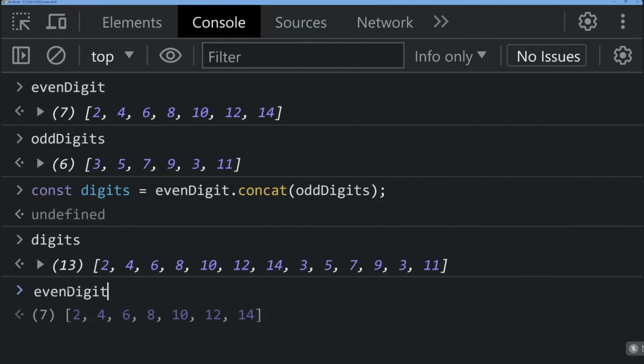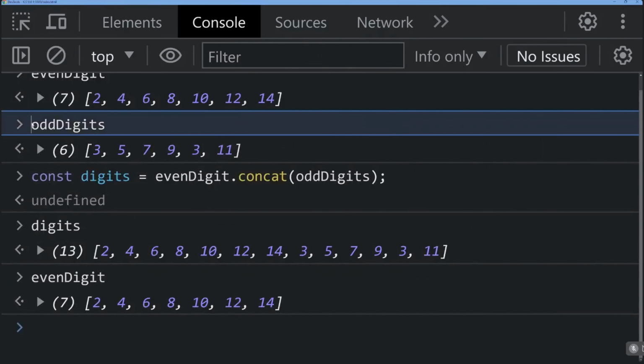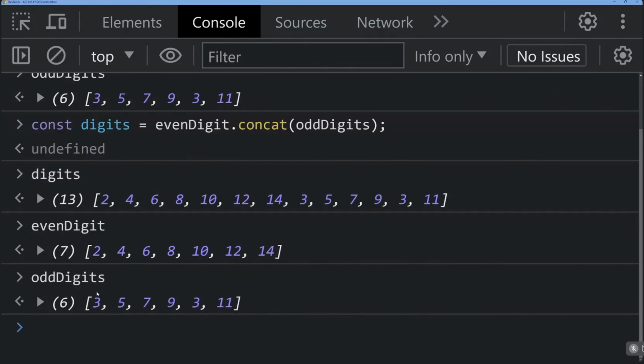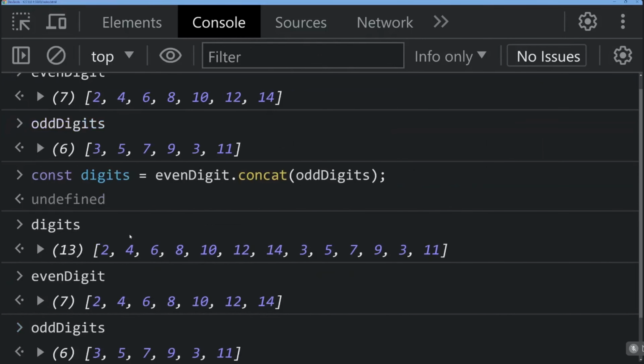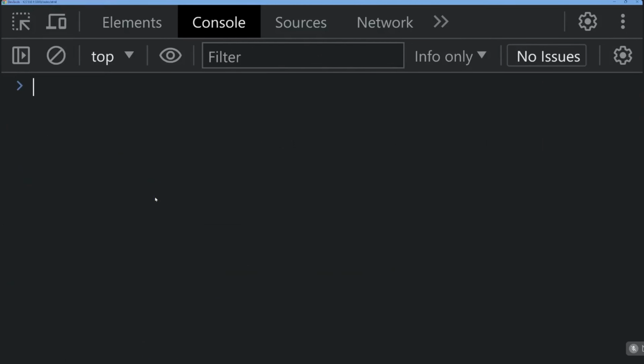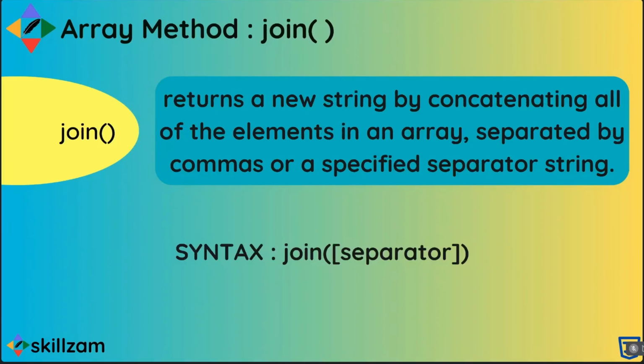If I go ahead and check evenDigits, it still contains 7 elements, and if I check oddDigits, it is still containing the same elements. So original arrays are not modified, but the resultant array, which is newly created, will be returned. Okay, this is what the concatenate method, which is concat, does. All right, and finally there is a join method. What it says: